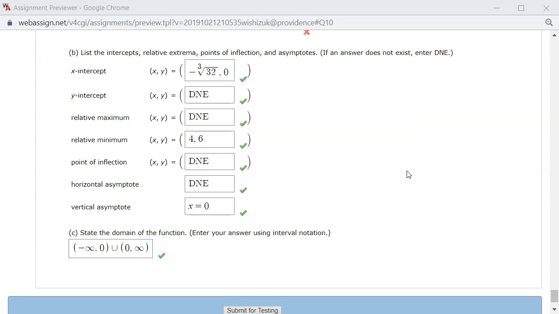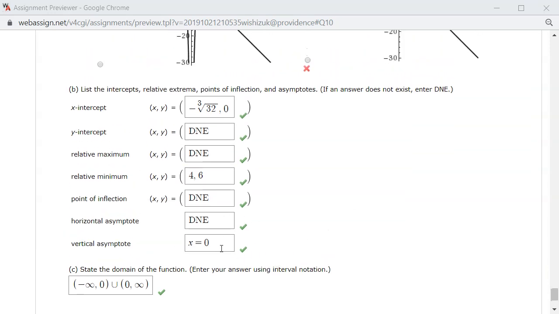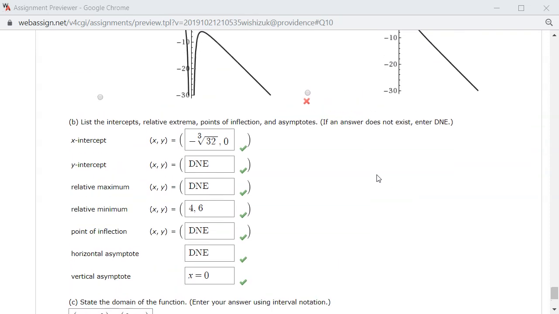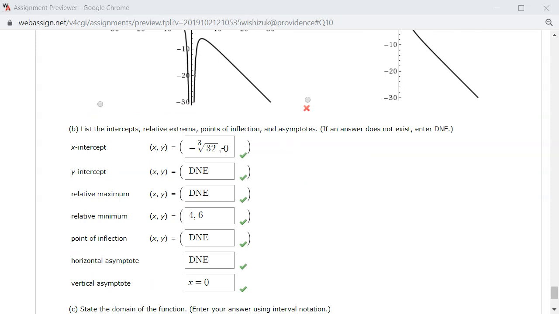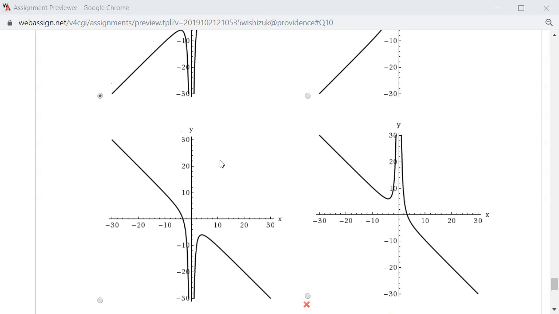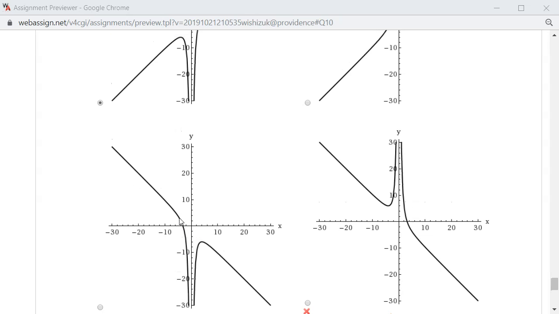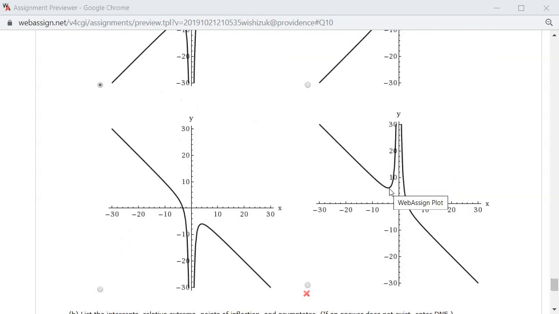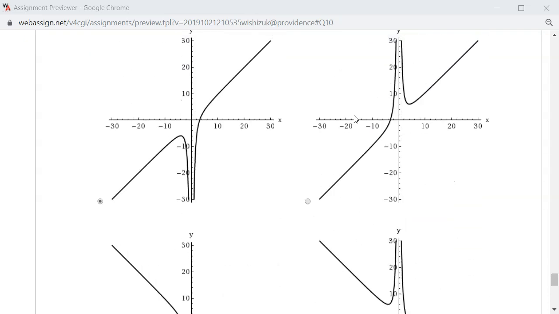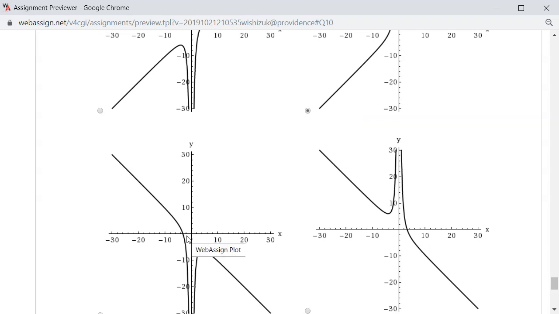It came back and looks like we got part C and the rest of part B correctly. And then we have to pick the right picture. So we have an x-intercept at the negative cube root of 32. This one has a negative x-intercept here. This one doesn't, and this one does. This one doesn't. So we know that it's either the second picture or the third picture,